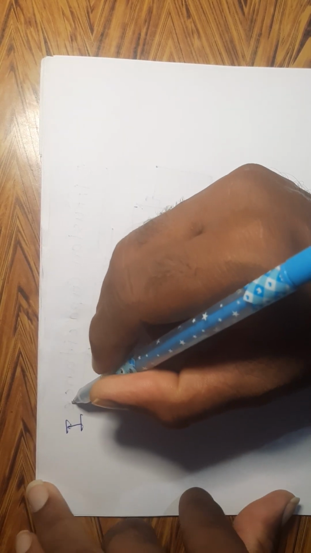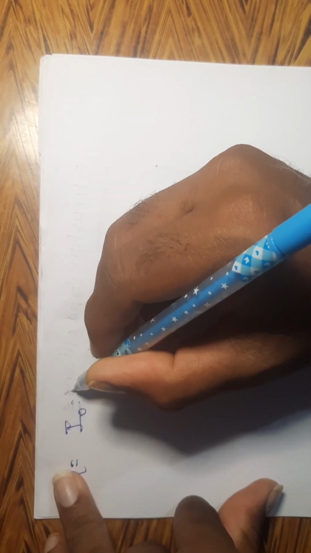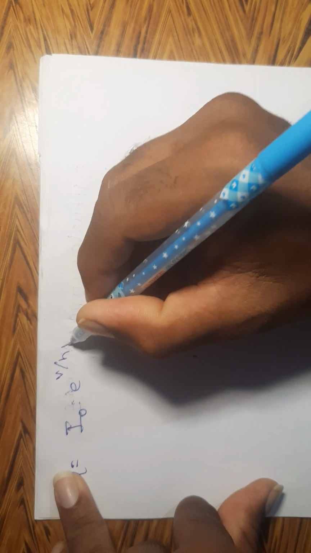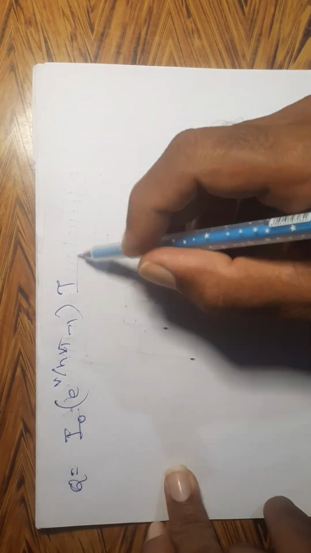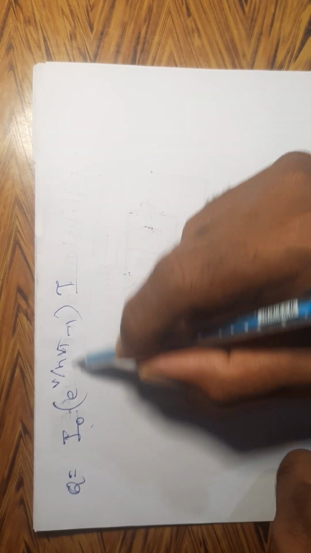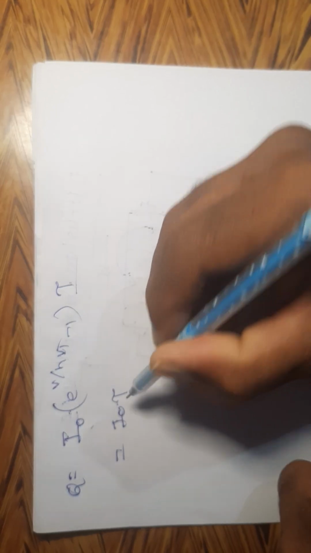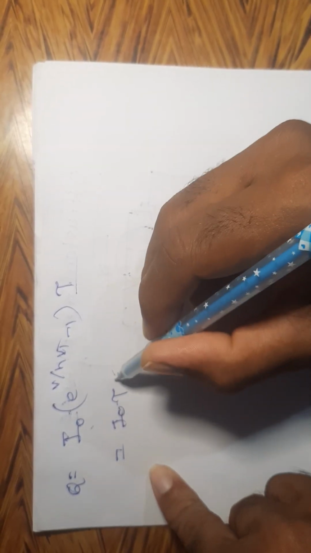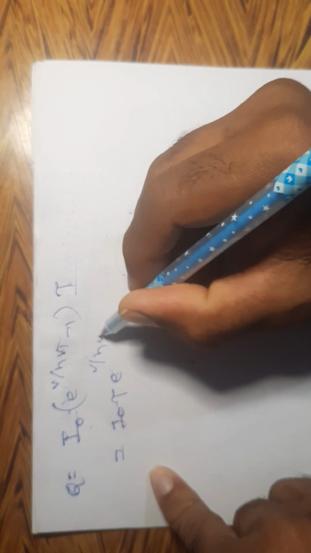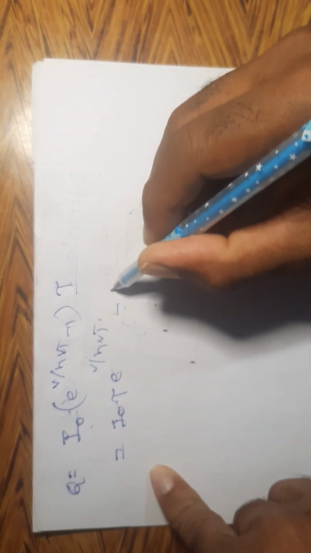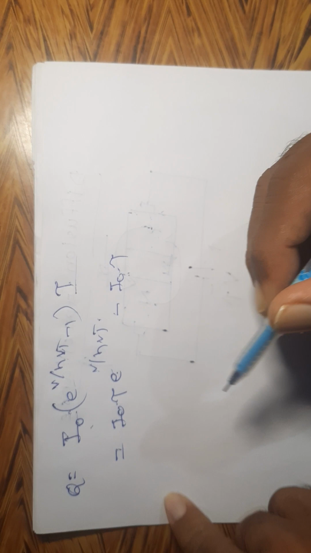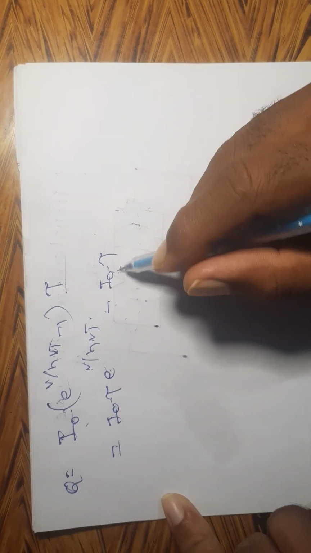What will happen now? So Q equal to I0 into (e^(V/ηVT) minus 1) into τ. Now you should multiply I0 into τ in this expression. What will we get? I0 τ e^(V/ηVT) minus I0 τ. This is the expression we are getting. Now from this expression